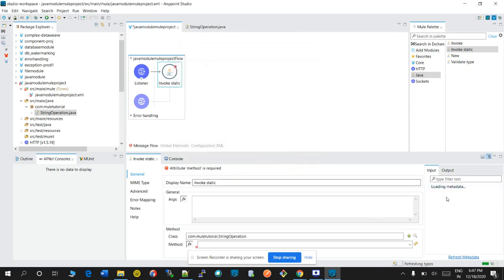Click on OK. Go to method. Select the method. Here the method was concat, and we are passing two string parameters. So it should be string, my string.